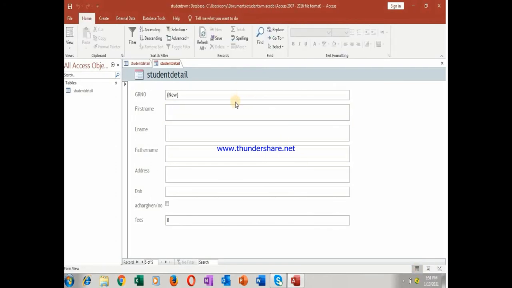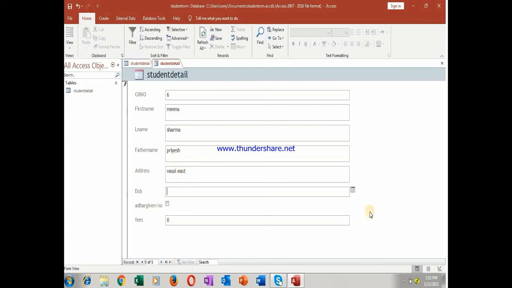Now suppose this is Meena, and last name is suppose Sharma, and this is father name, suppose Priyesh, and address Vasai East.